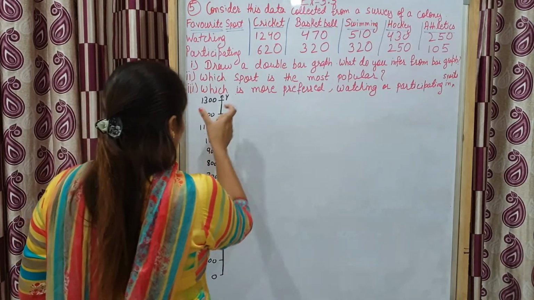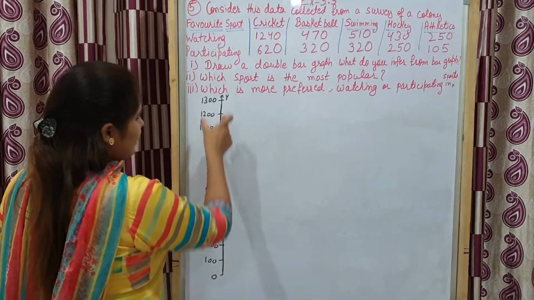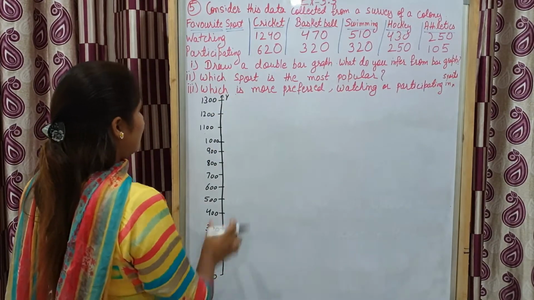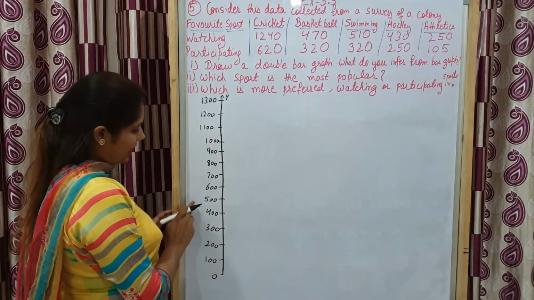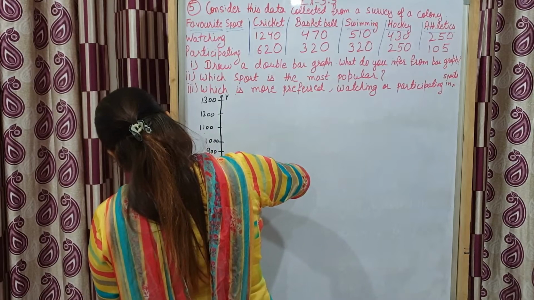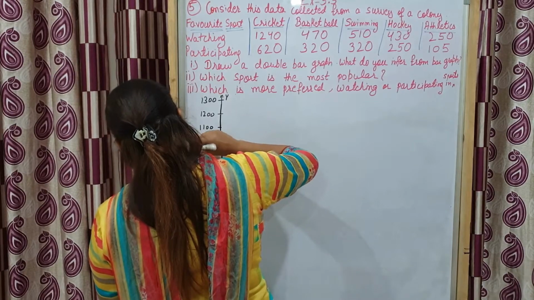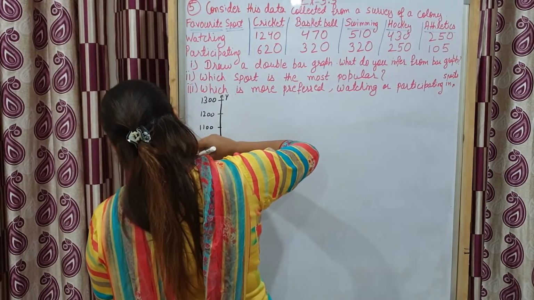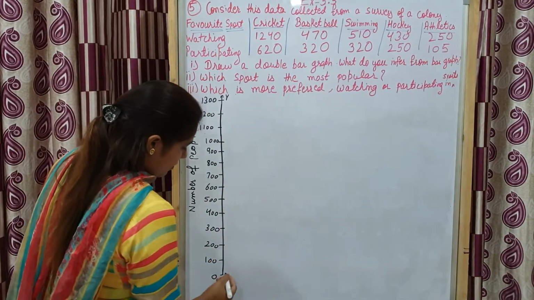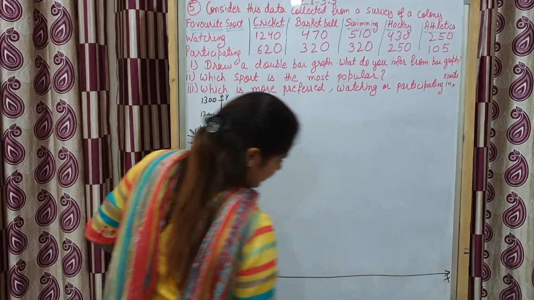Now see students, now we have to draw this graph. I just made a line, a vertical line. I write here y, that is the y-axis. You know the vertical line is the y-axis. Here is the number of people, so that is why I am writing here number of people. Remember, always write what is on the horizontal and vertical axes. Now I am going to draw a horizontal line and I write here x.